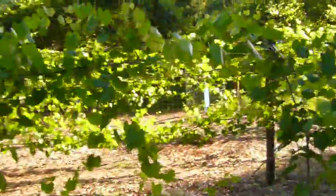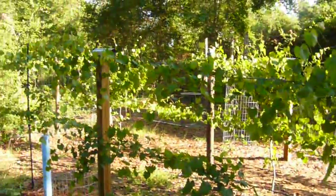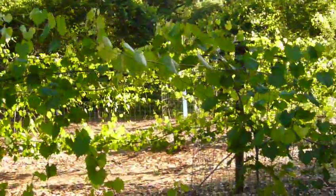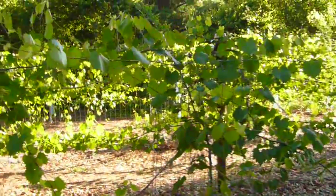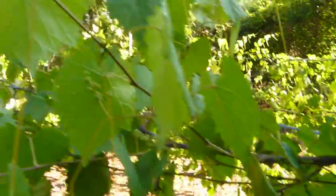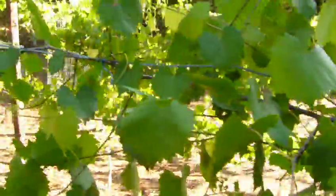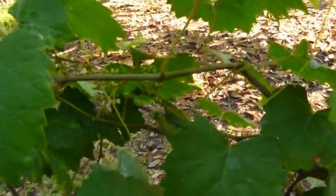I set these not this past winter, but the winter before, and last summer they did real well down the line, making progress. This is an Isons, a black male, which is purported to be a very good muscadine grape, and it is full of bloom clusters, so I anticipate that it will be making a lot of fruit. Look at it, it's just loaded with